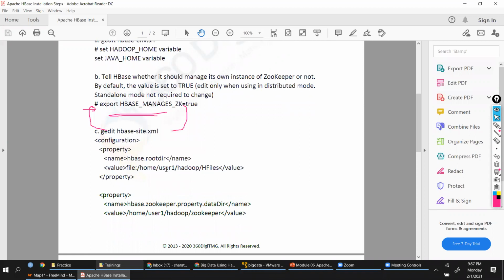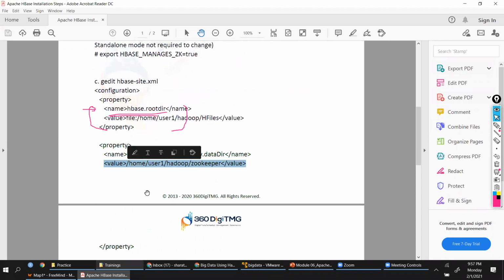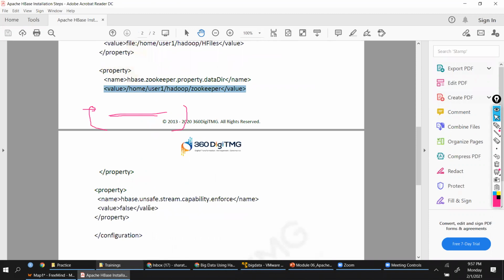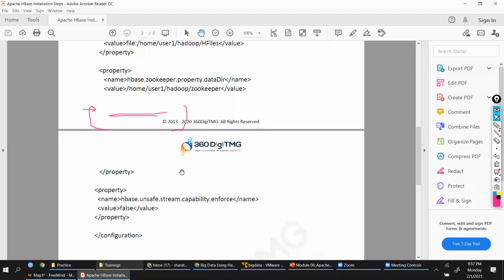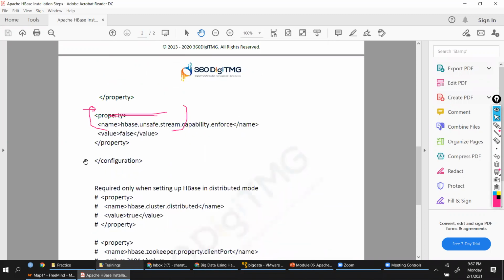Even for Zookeeper, we are giving a location here. This is also another parameter which enables us to troubleshoot and stream the data. If you don't have that, it generally throws an error. We don't want to investigate that, so we just copy paste this and start working on HBase.